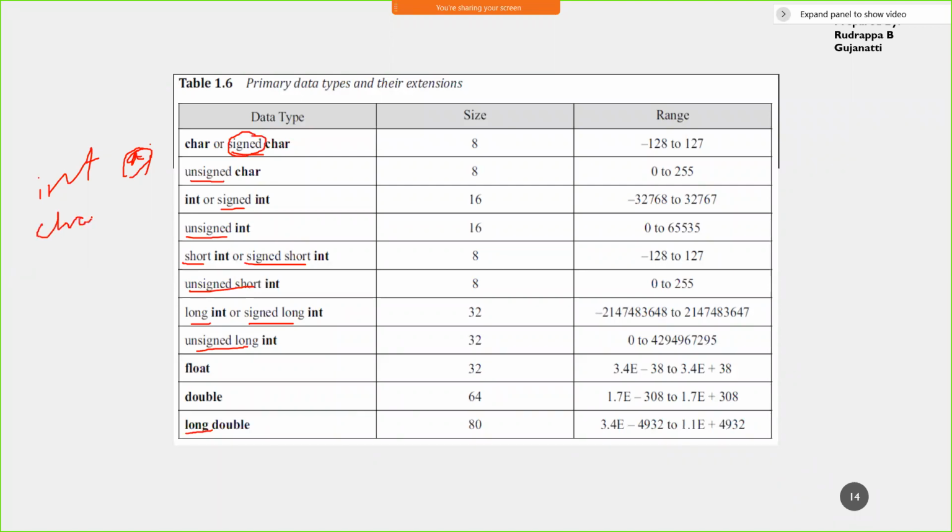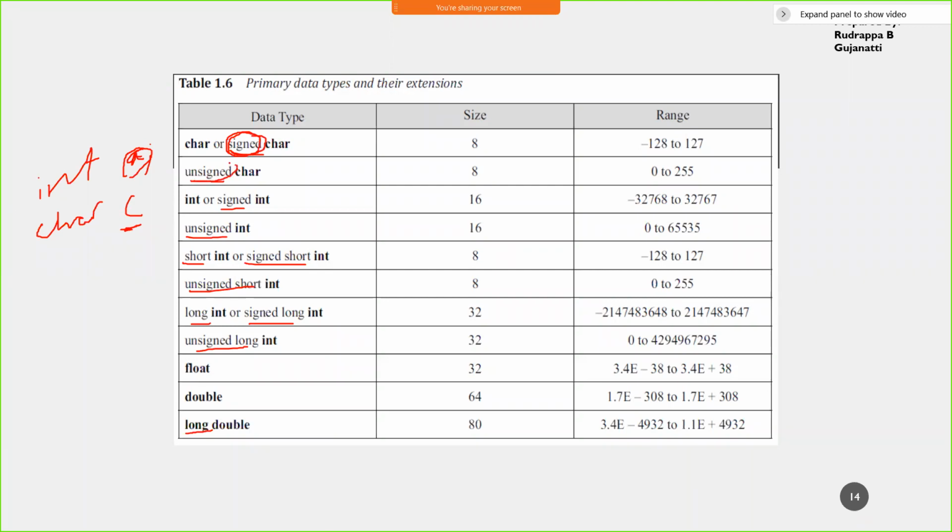So if you're defining char c, this is a signed char. By default, it is signed. If you want an unsigned data type, then you have to use this keyword. For the signed one, no need to use the keyword, but if you use it also, it is not a problem.